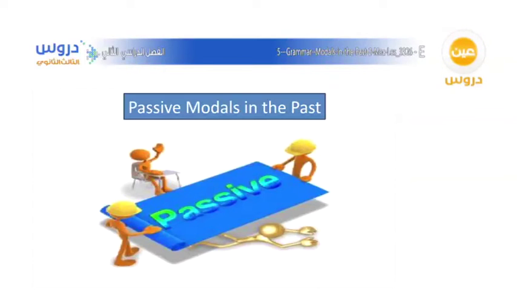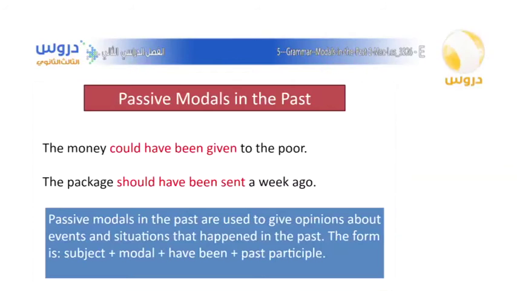Passive modals in the past. Do you know what passive is? Passive is when you begin your sentence by mentioning the object, not the subject. When I say, for example, lions eat giraffes. Lions eat giraffes, right? Lions are the subject. They are the ones doing the action. And the action is done to the giraffes. Lions eat giraffes. If I want to begin this sentence using giraffes at the beginning without changing the concept,